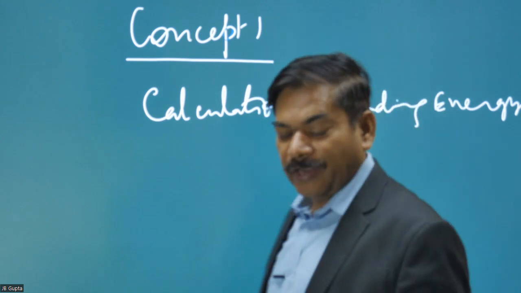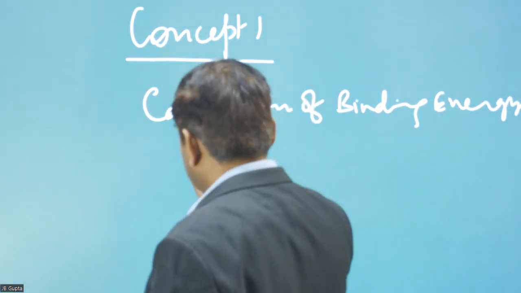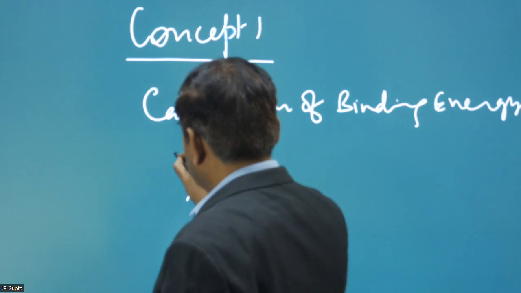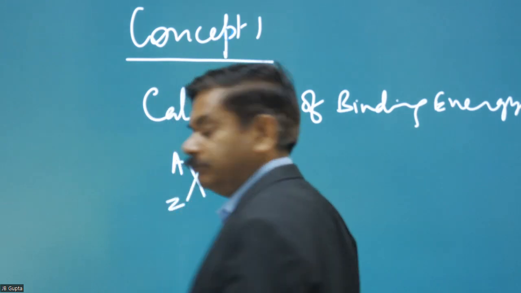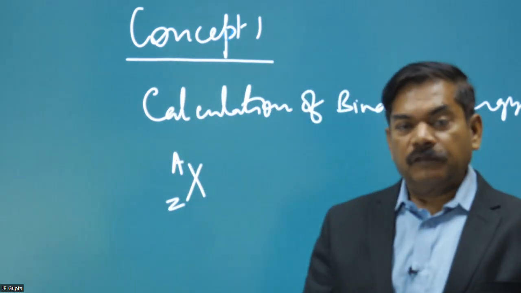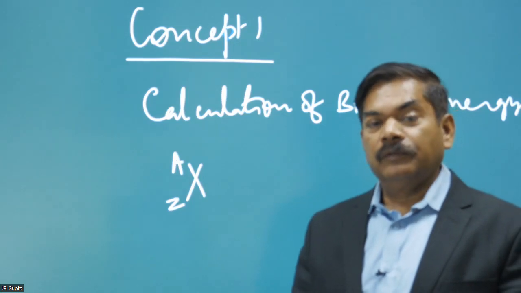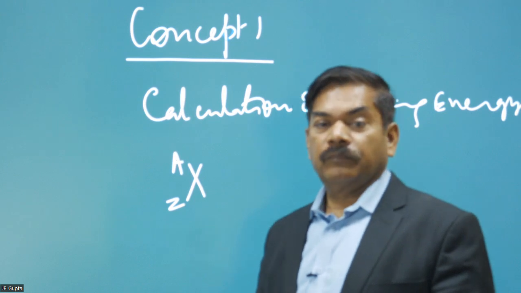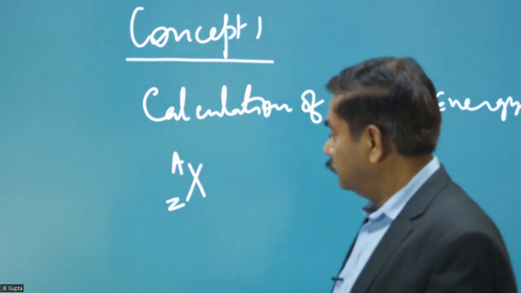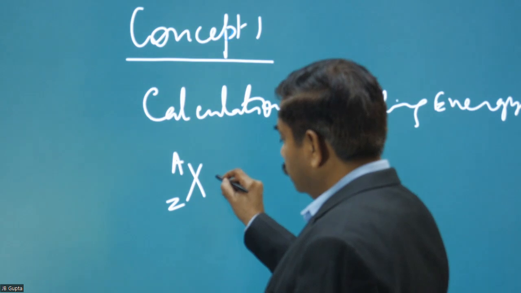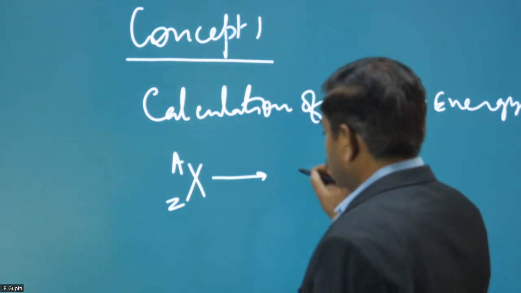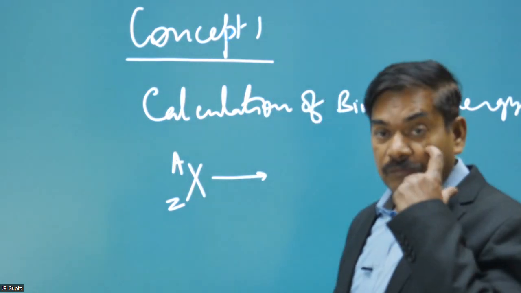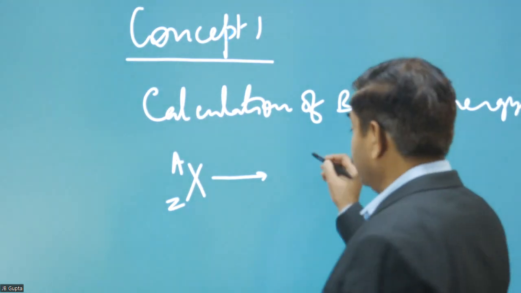So see, how do you calculate it? Suppose there is an atom X, A, Z. X is the element, A is its atomic mass, and Z is the atomic number. So that means in this atom, there are Z protons. So the theoretical mass of the nucleus